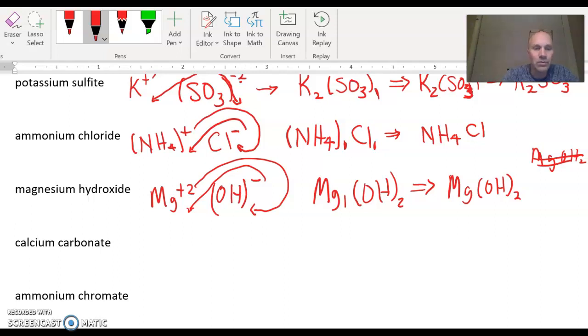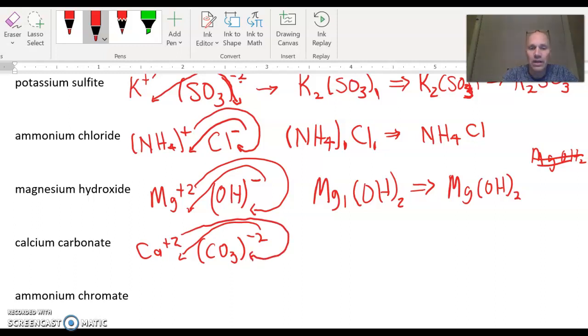All right, calcium carbonate. Calcium is +2. Carbonate is CO3 -2. We're going to crisscross these. So take the 2, put it down there. Take this 2, put it on the outside of the other one, and this becomes Ca2